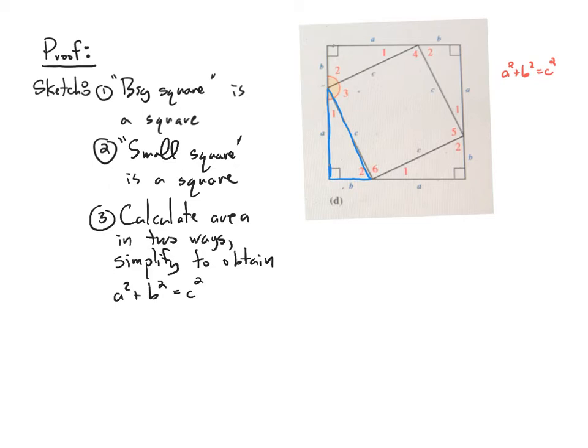Okay. So let's prove this then. So let's prove part 1. Well, the big square is a square since each side length is the same. Each side has length A plus B. And each angle here is a right angle. So by the way we constructed this, let's say by construction. That's probably a better wording. By construction,